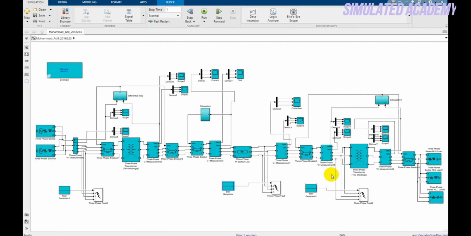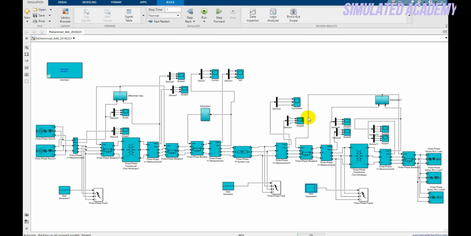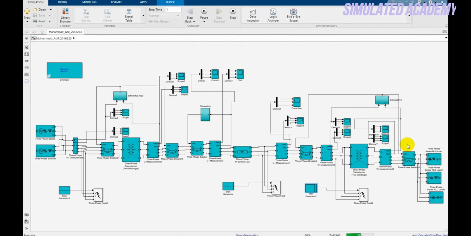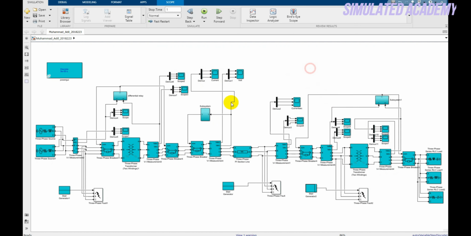and now at the end just generate the fault in this transmission line, transformer number 2. Click OK, run it again, completed. Just check the output voltages, and it can be seen that there is a disturbance in the transmission, the output is disturbed as well, but when there is a fault it sends a signal to this circuit breaker and it interrupts the fault. So now let's